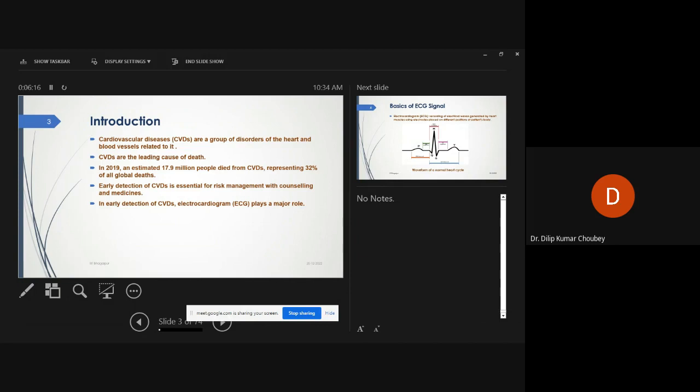Okay, so first you have to detect the disease early, so that you can consult the cardiologist, take medications, and do whatever exercise or other suggestions the cardiologist gives. So early detection of CVD is essential for risk management, and